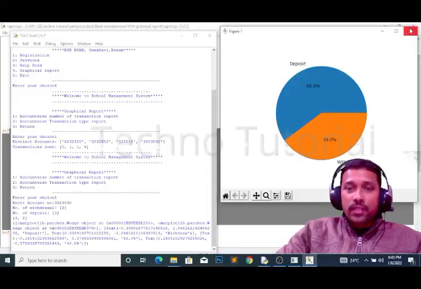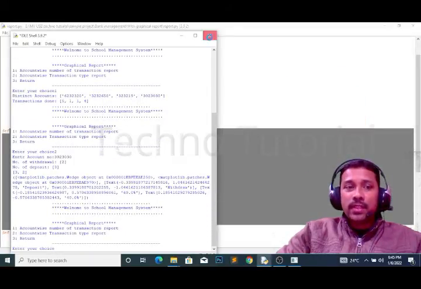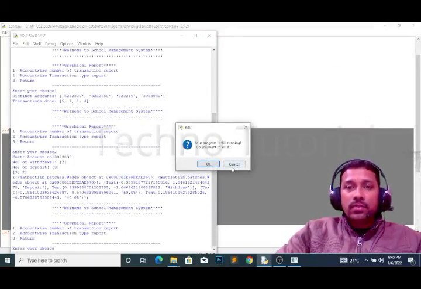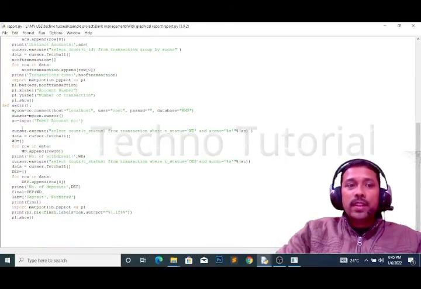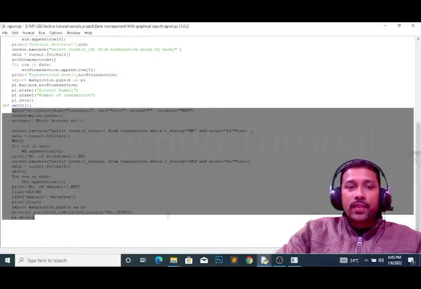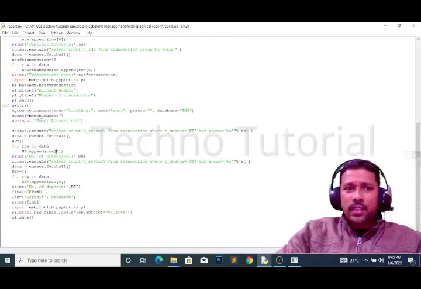For this also I have done another function here, so you can see, close. So here see account wise transaction report. For that I have given this function. So in this function this is coming. So fetch all, it is withdrawing how many withdraw status and deposit status. So all these things it has retrieved from the database.